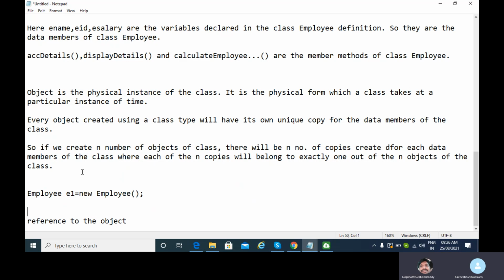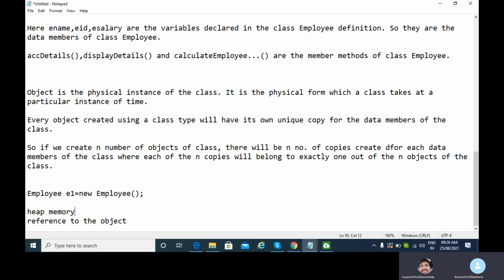And one more thing in Java, the area in the RAM memory where the objects of the class are created is called heap memory. In the interview, many times they ask which is the part of the RAM memory where objects are created? That is called heap memory.